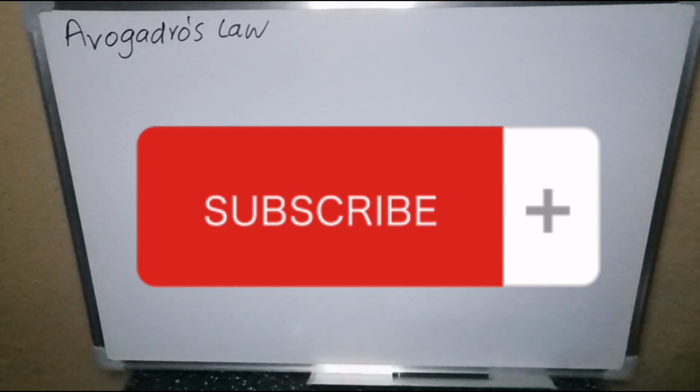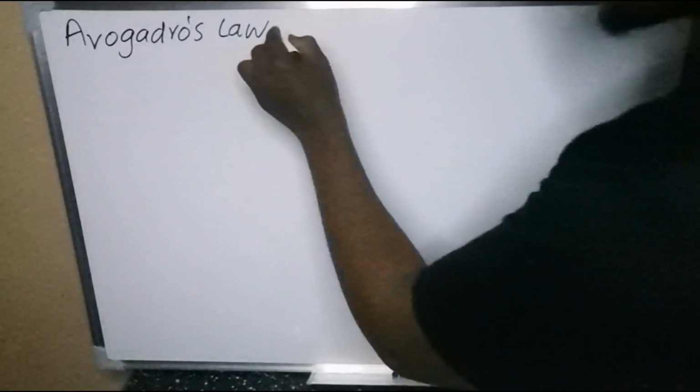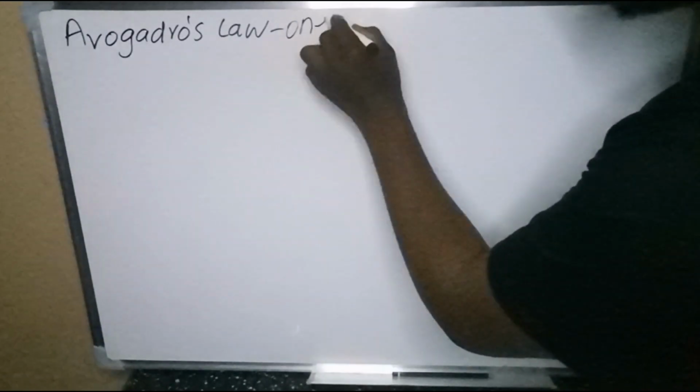Avogadro's law. This is a chemistry grade 10 subtopic under quantitative aspects of chemical change. First things first, you need to know the definition of this law. How do you define Avogadro's law? Avogadro's law says that 1 mole